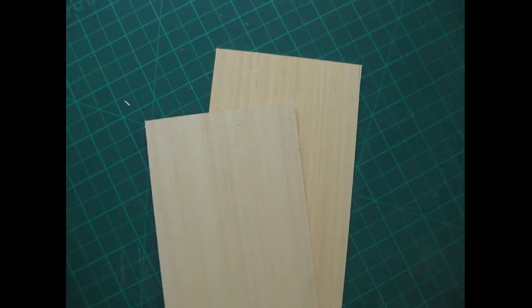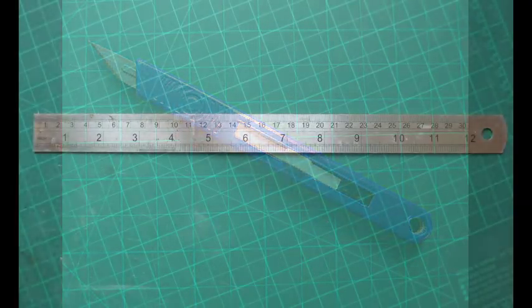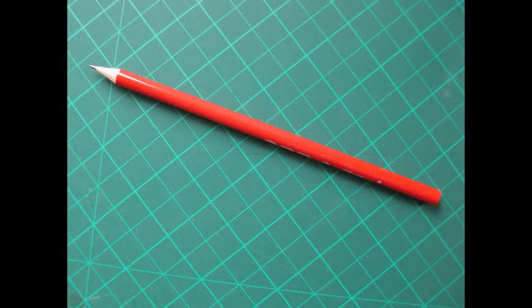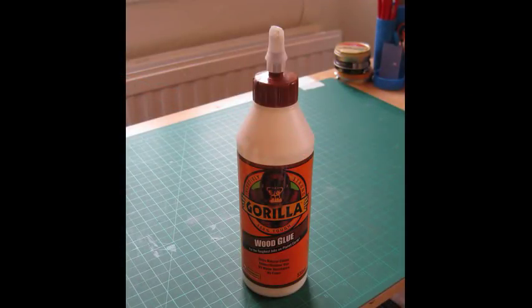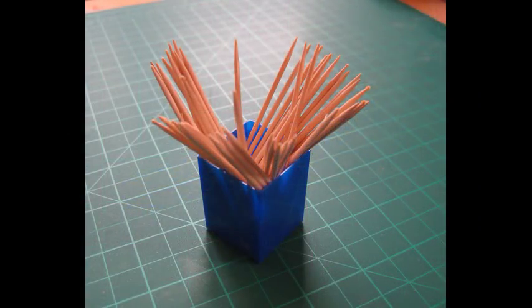For this project you'll need a suitable craft wood, such as beech or basswood, a craft knife, and this one is a Swann-Morton knife which takes a size 10A blade, a steel rule for measuring and for cutting the wood along with your craft knife, a nice sharp pencil for accurate marking, a suitable wood glue, super glue, cocktail sticks, which I use for applying the glue and for removing glue from along joins,